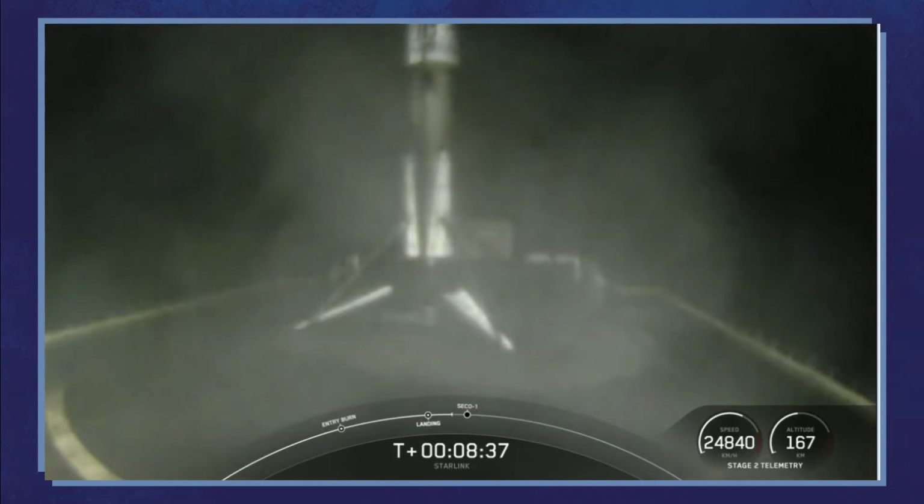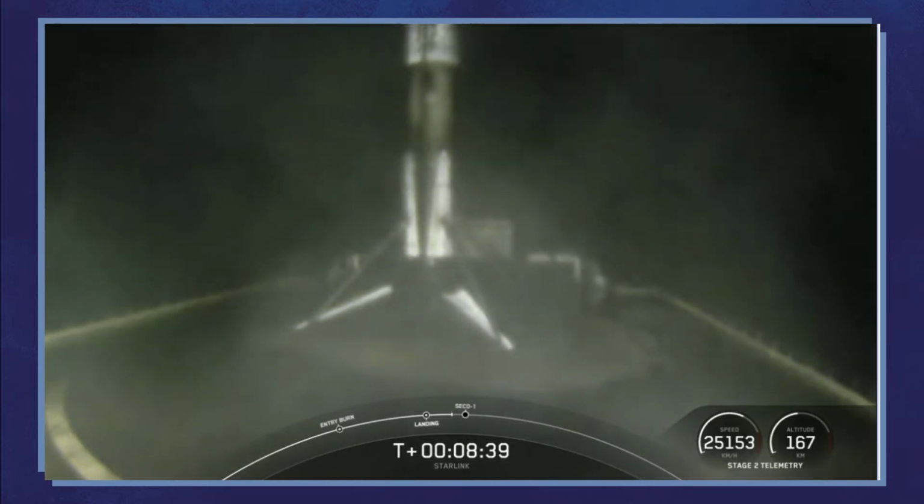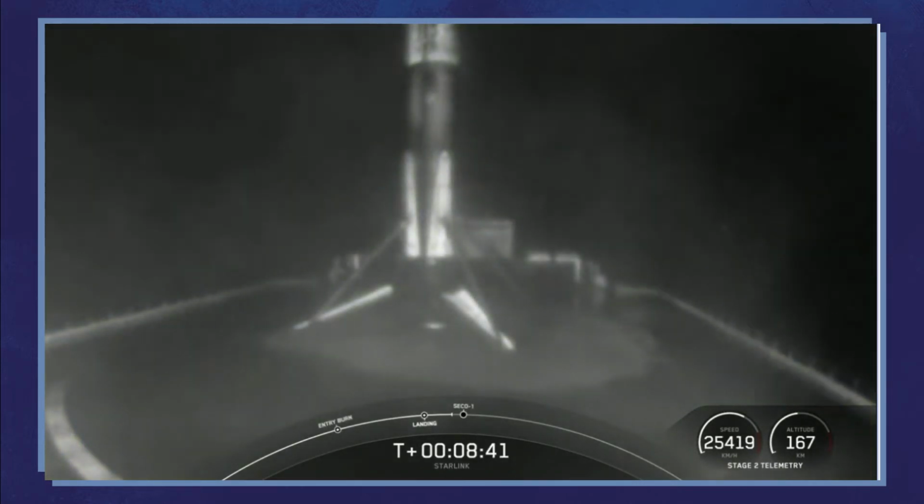Just Read the Instructions. This marks our 76th recovery of an orbital class rocket and the 6th recovery for this particular booster. About 9 hours later, that same day at 1751 UTC, a Long March 7 Alpha successfully launched the